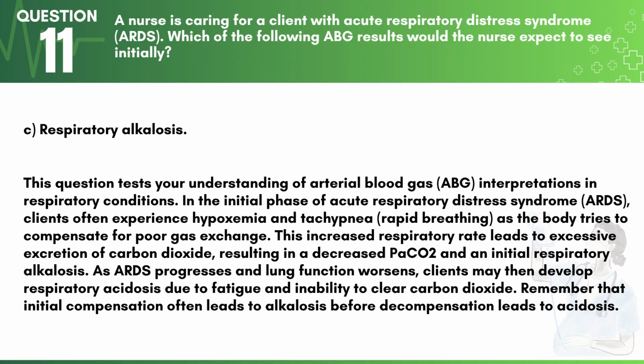Answer: C. Respiratory alkalosis. This question tests your understanding of arterial blood gas, ABG, interpretations in respiratory conditions. In the initial phase of acute respiratory distress syndrome, ARDS, clients often experience hypoxemia and tachypnea, rapid breathing, as the body tries to compensate for poor gas exchange. This increased respiratory rate leads to excessive excretion of carbon dioxide, resulting in a decreased PaCO2 and an initial respiratory